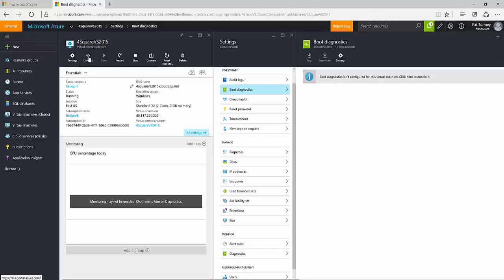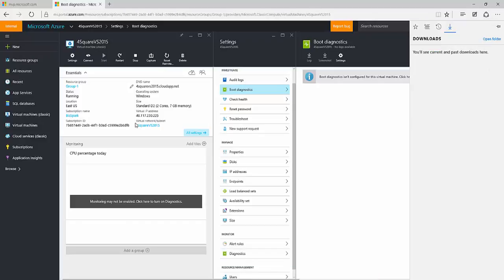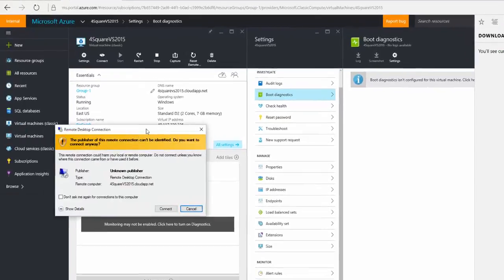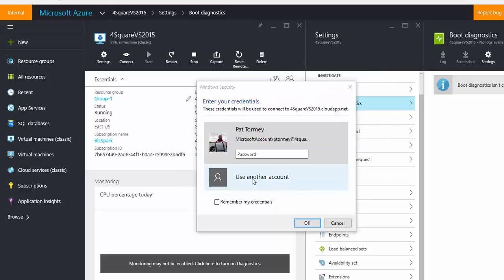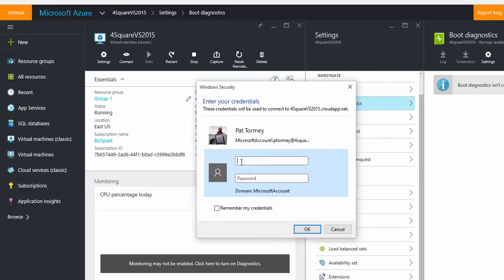I'll say I want to connect. Now it's giving me this little thing down here, and if you look at the extension on that, it's remote desktop something or another. So I'm going to say, okay, I want to view that in the downloads. And when I clicked on the download file, it says I have an unknown publisher, and I'm going to connect to it anyway. I'm going to tell it I want to use another account because I want to log in under the domain that I registered there